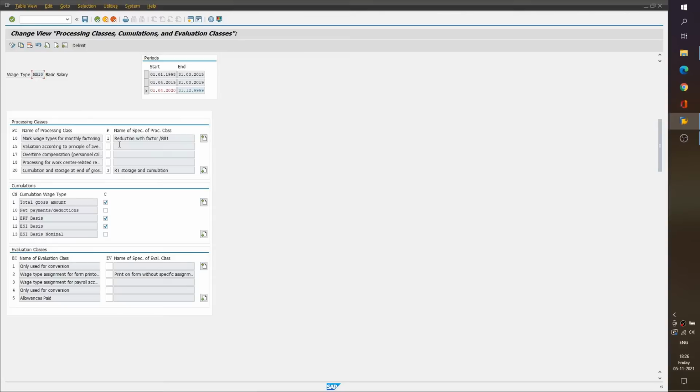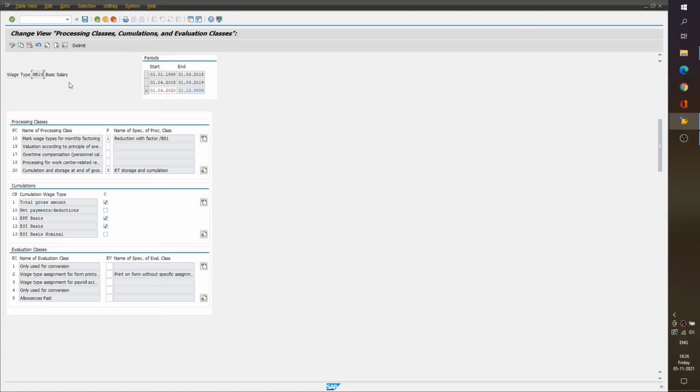So whenever the particular PCR is executed, inside the PCR the logic will be written for this particular specification, and the logic will not be written directly on these wage types. So this avoids hard coding of logic based on wage type.